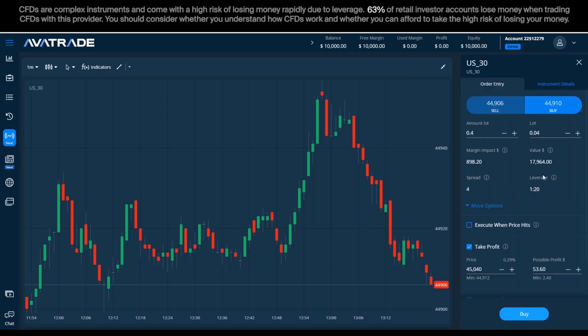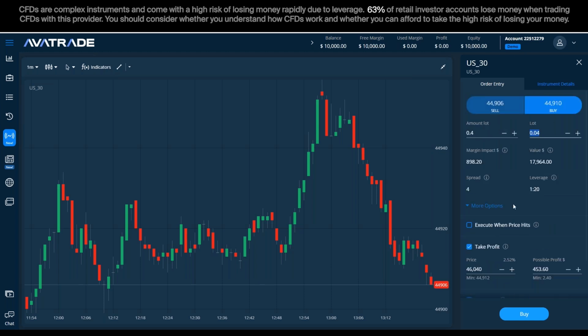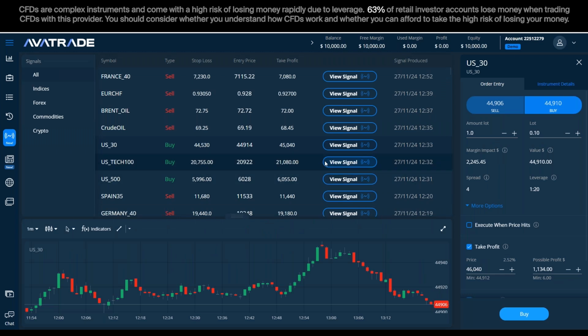Just click on buy. And then I already see that the take profit and stop loss are marked for me. Of course, I can modify this, and I can also modify the lot size if I really want to. The signals are not specifying any lot size, but simply giving you the predetermined analysis. So risk and money management is something that you probably want to pay attention to on your own.